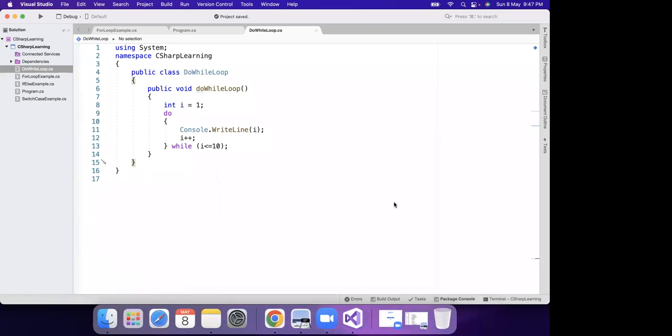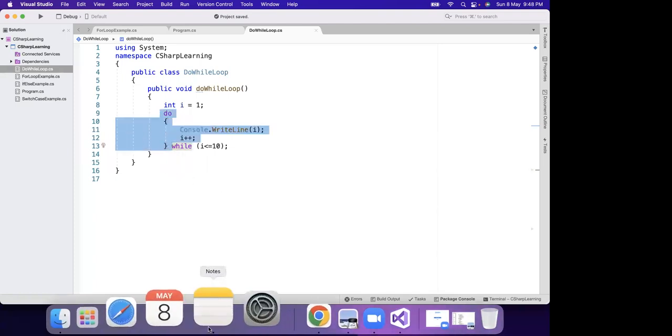Sorry guys, yeah. So I'll tell you the flow, how execution happens. First of all, when this code gets executed, this class will get executed. First, this variable will get created with a value 1, then do. Now, after do, is there any condition? No, which means in the very first iteration in a do while loop,